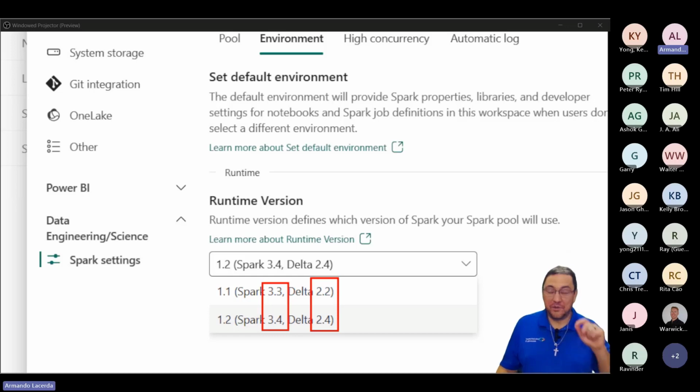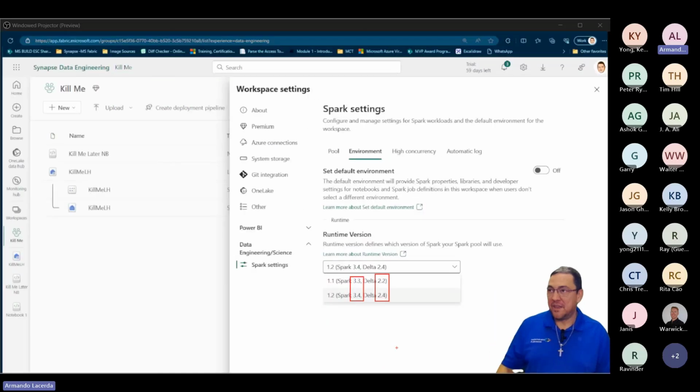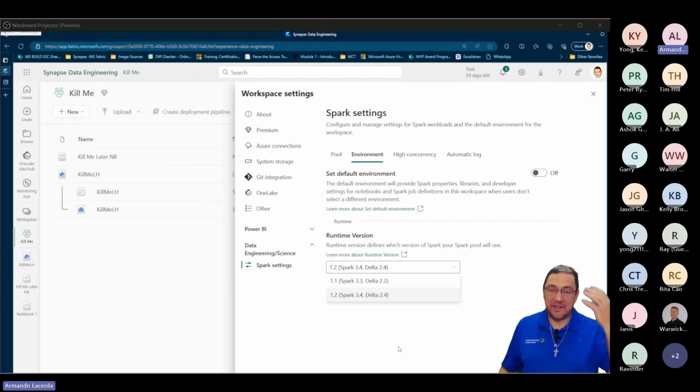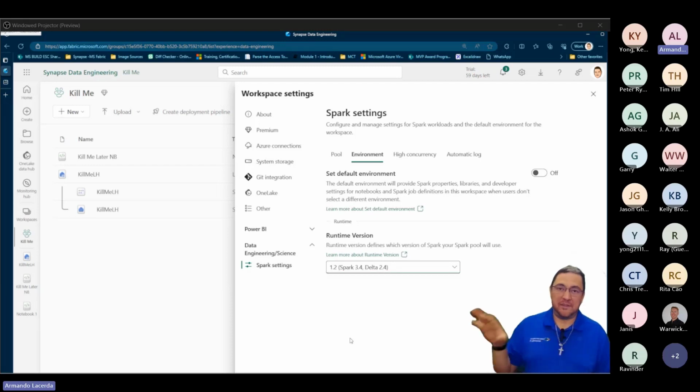If your notebook has some dependency on some older runtime Spark environments, then these ones showing on the screen, don't try to move it to here, because you will have some unpredictable results sometimes. Sometimes it fails, sometimes it runs, but has different results when it runs. It's super dangerous. So don't do it. For new workloads and new things you are creating, that's the way to go. And if you are coming from Databricks, like I mentioned earlier, or Synapse, and you have notebooks that were created for 3.3, more likely you should be okay migrating them into Fabric.